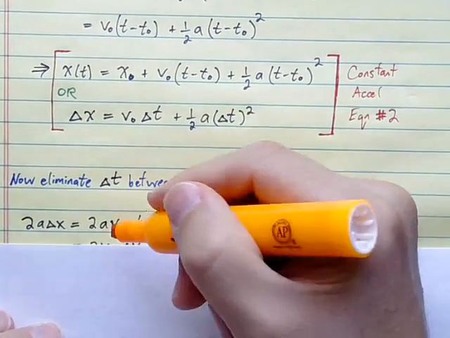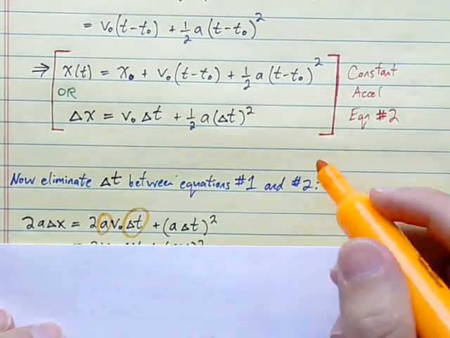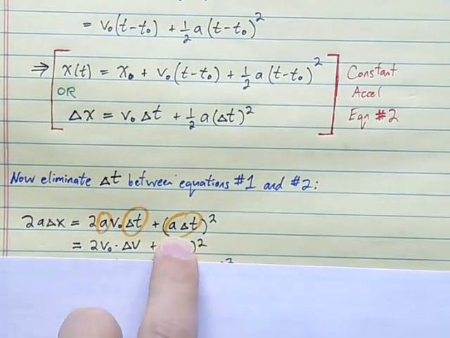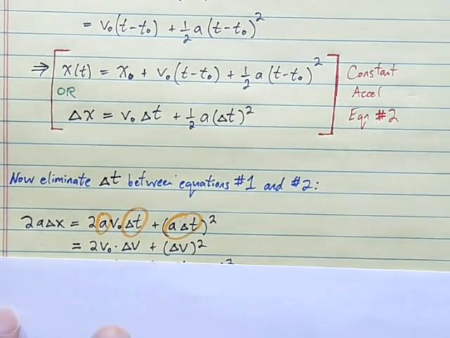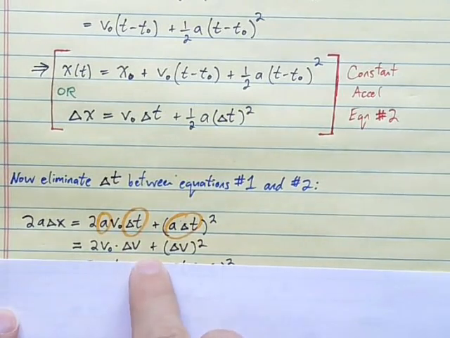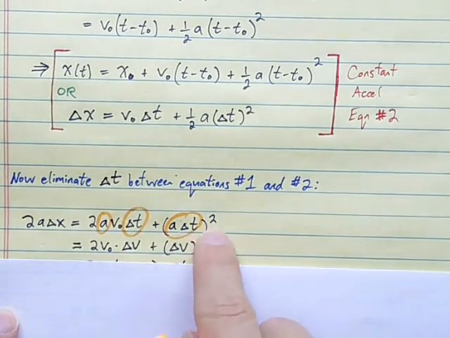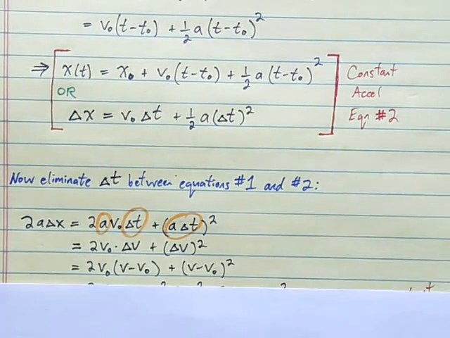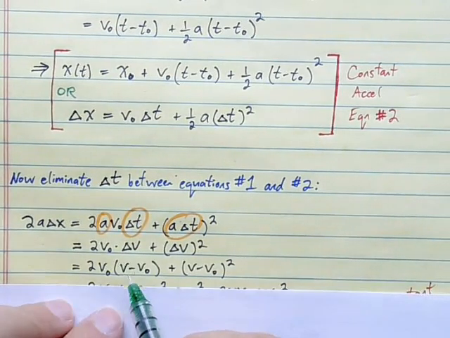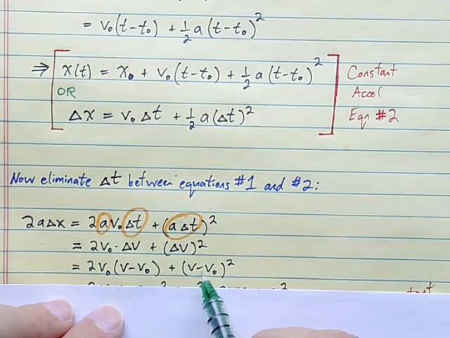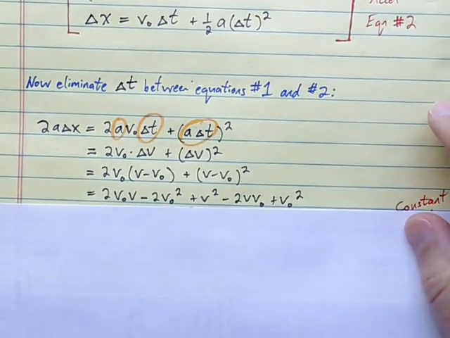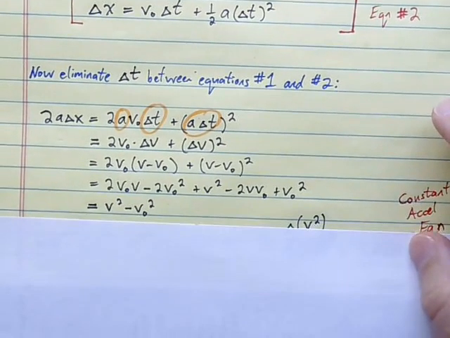So this a delta t gets replaced with delta v, and this a delta t gets replaced with delta v. So that becomes 2v naught delta v plus, this is a delta t whole thing squared, so delta v whole thing squared. Delta v is v minus v naught, final minus initial, and then it's final minus initial, the whole thing getting squared here. So check my algebra a few steps, multiply that out, combine some terms, and it simplifies